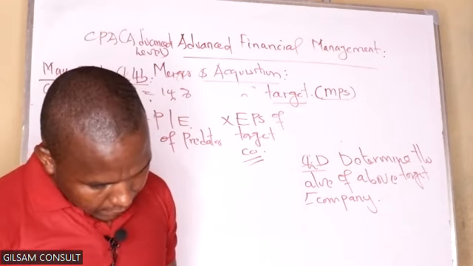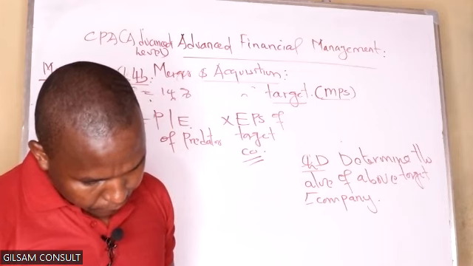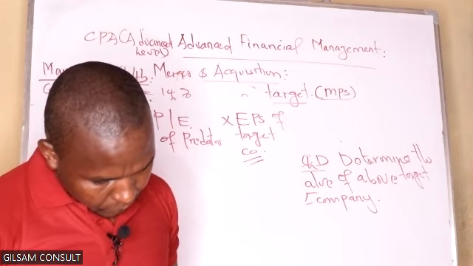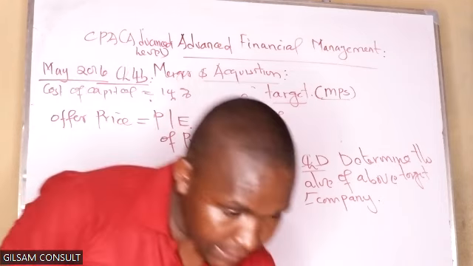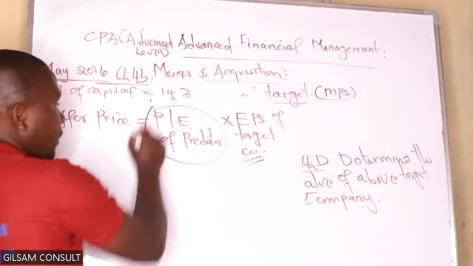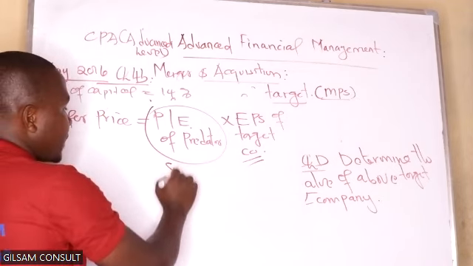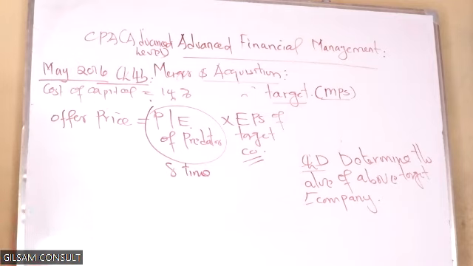And then we have the earning per share. So they have given us the PE ratio, which is a multiple of 8 times. Yeah, it is 8 times. So if the PE ratio is 8 times, what